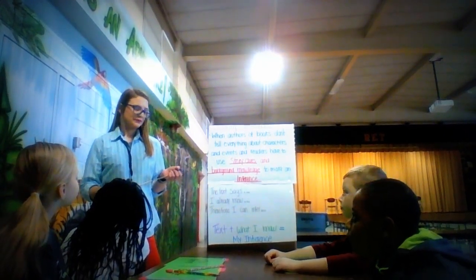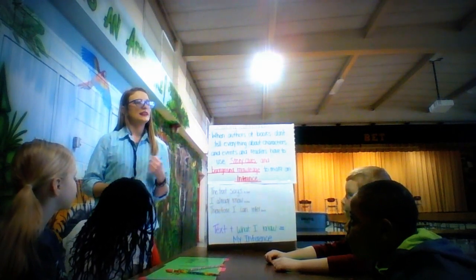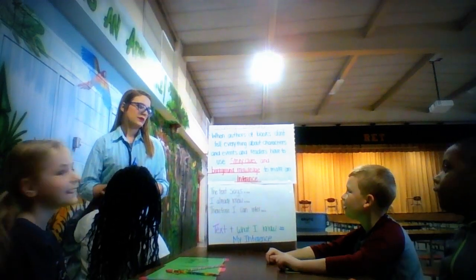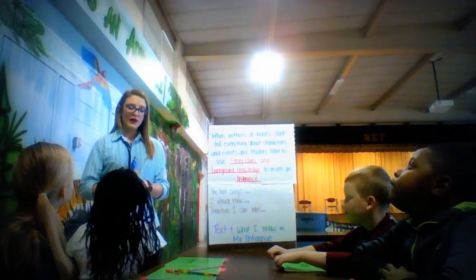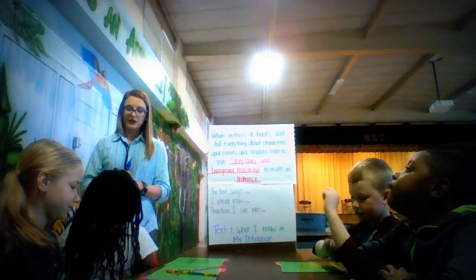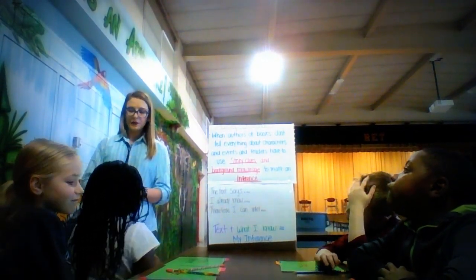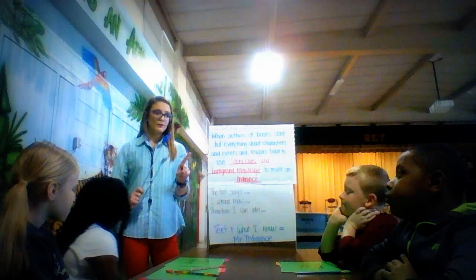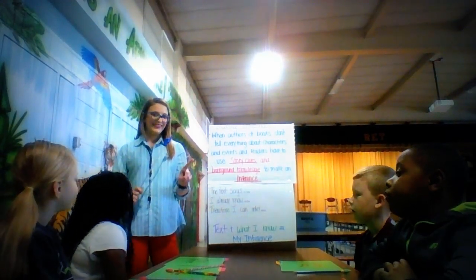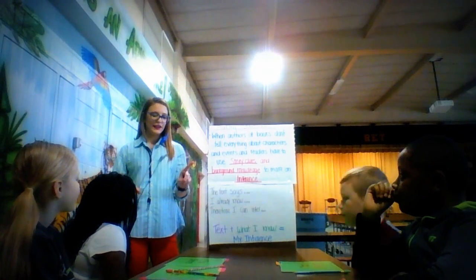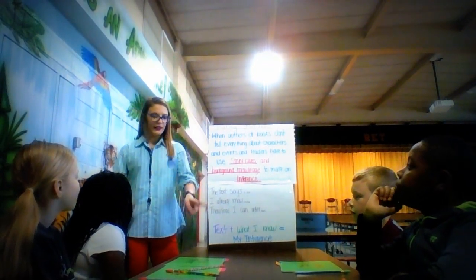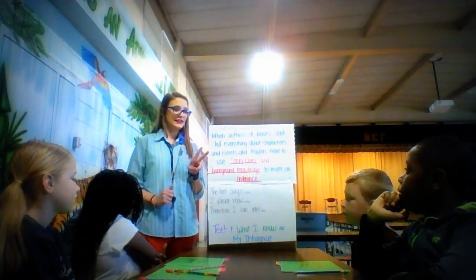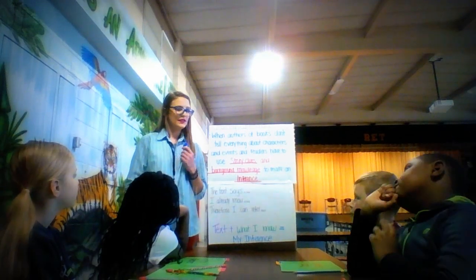For example, tell me something. What do you already know about the rainforest? It has lots of rain and it has wildlife. Right, and you know that because of your background information. You've learned that somewhere, right? Okay, so we need our background information, which is what we already know. And our second thing that we're going to need to make an inference is our clues, our evidence, our